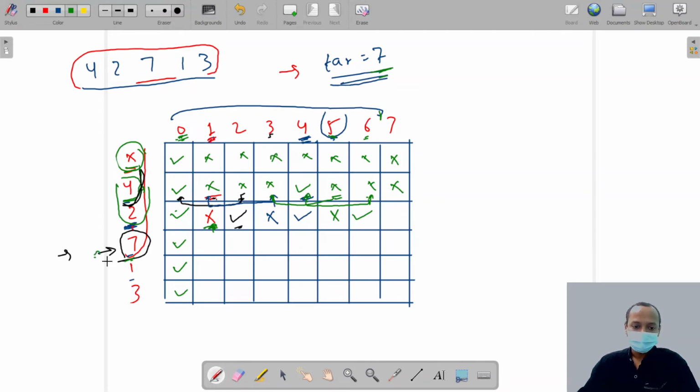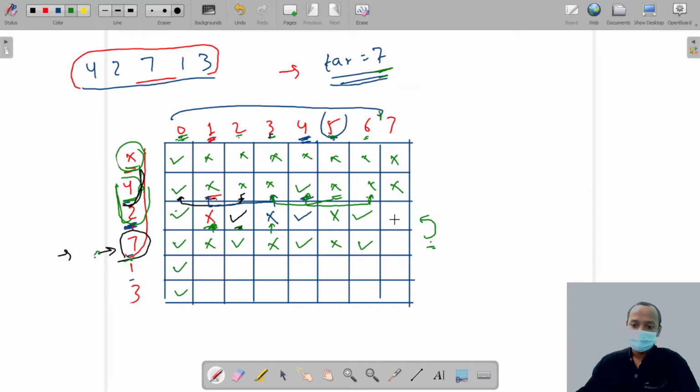So we simply ask the rest of the players, can you make 1 run? We can't include this player till the target is 6. They say no. Then we ask, can you make 2 runs? They say yes, we can. Then we ask, can you make 3 runs? They say no. Then we ask, can you make 4 runs? They say yes.